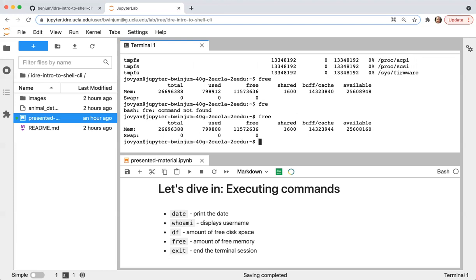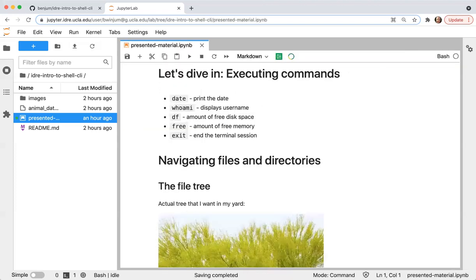And then finally, one useful command that you're going to be using over and over is how you get out of this. I've gotten into it just by clicking on the plus button here to open up the terminal application. I can quit this particular terminal instance by typing exit. And when I type exit, that just gets rid of the terminal.